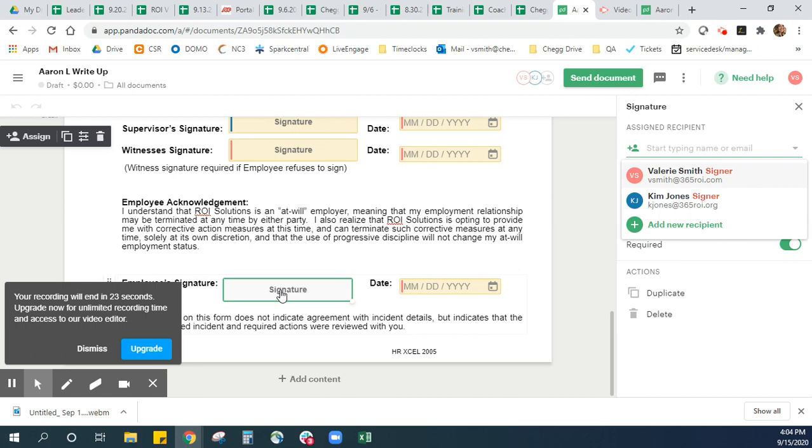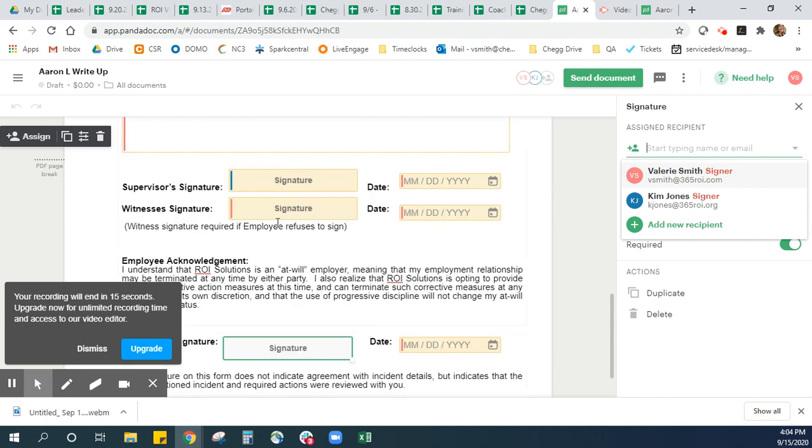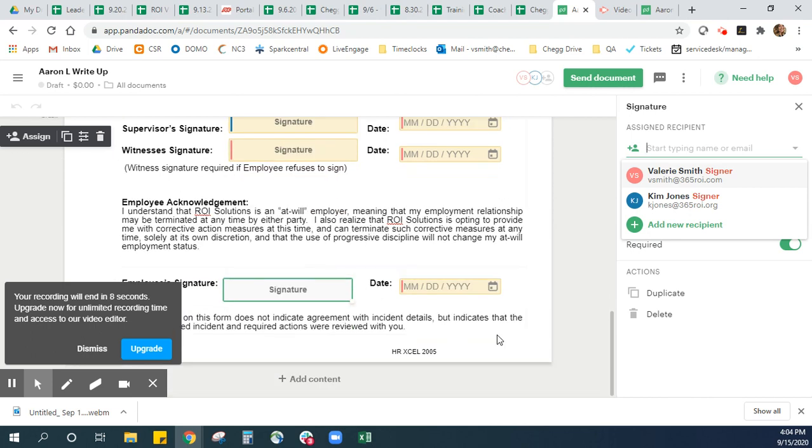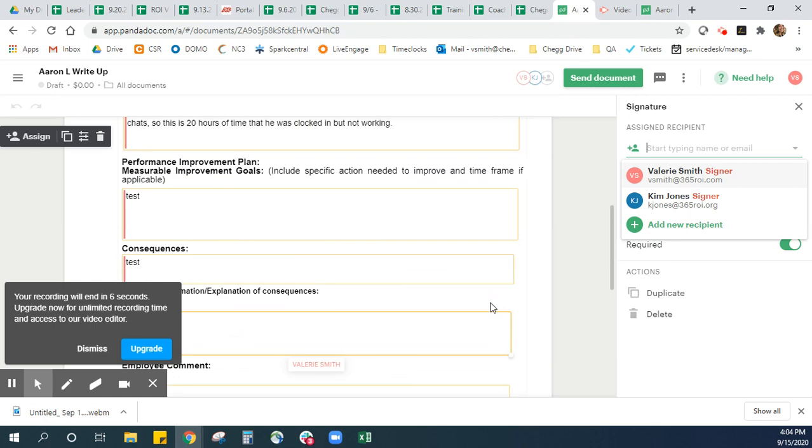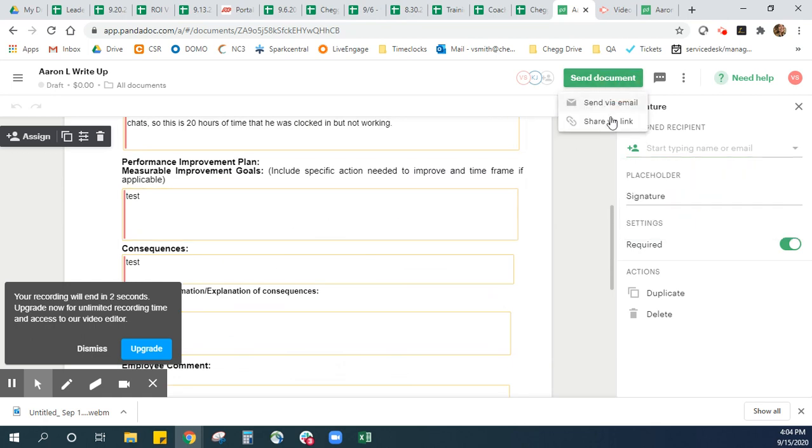And just kind of assign them while you're working with them. Make sure you get a signature from them before you let them go. But if they refuse to sign, you just need to make sure you have your signature and a witness signature. And as long as you have those two, you won't technically need an employee signature, although you still want to push for getting one. So yeah, the main how-tos, send document,